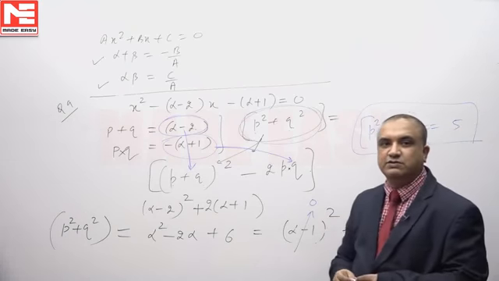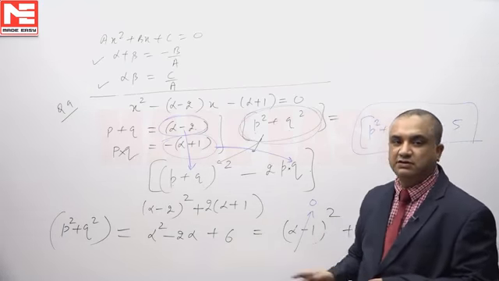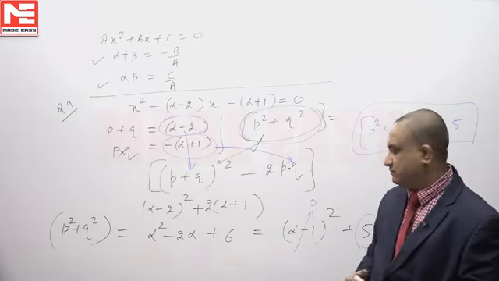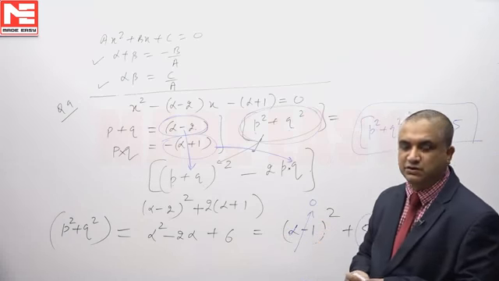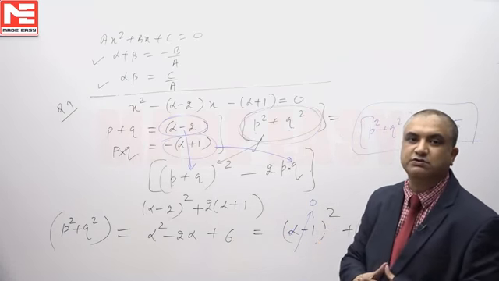Because any perfect square cannot be negative, the least value any perfect square can attain is 0. So the least value which p square plus q square can attain is